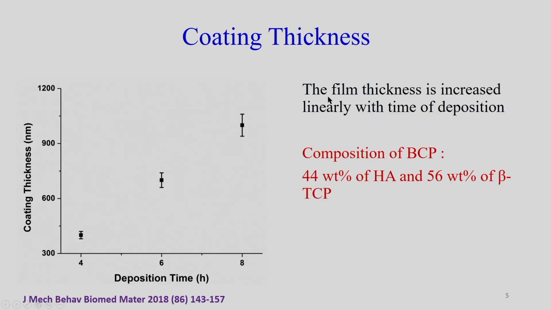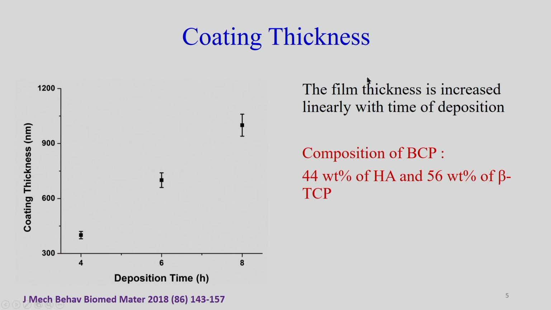Now, as we discussed, if you vary the deposition time, it means we are giving more time for the deposition. Typically the thickness increases; it may be linear or exponential, depending on the power and the coating material. Here we observed that with an increase in the deposition time the coating thickness increased as expected. It was 400 nanometer at 4 hours, 700 nanometer at 6 hours, and at 8 hours we got